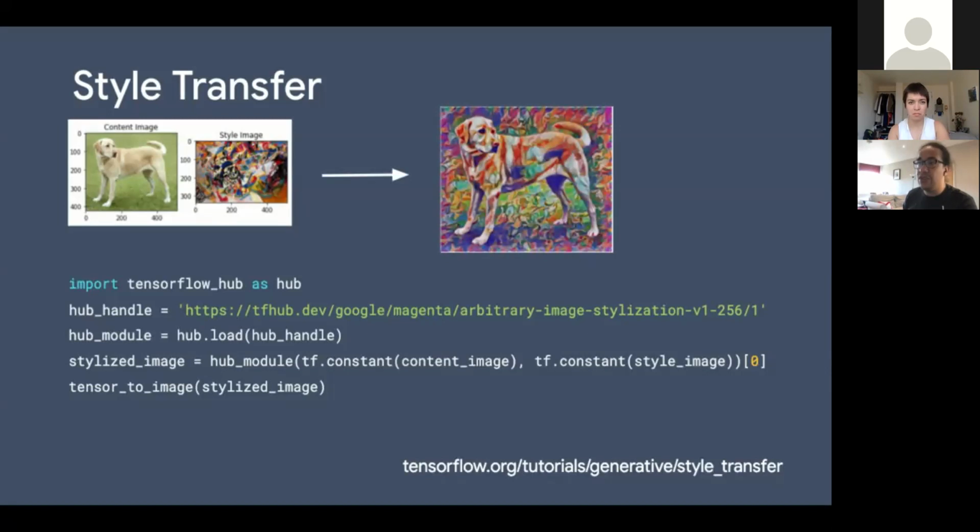Basically, that's it. So that makes using machine learning way easier, right? You don't need to download anything yourself. You don't need to do all the changing of inputs and outputs, the transformations some people require. You just use the model as it was created, as it was expected. And of course, all this documentation is available on the page. So that's very easy. I left a link there for style transfer. If you want to learn more, you can follow that. We also have some tutorials. I'm going to show the link later to use Hub.